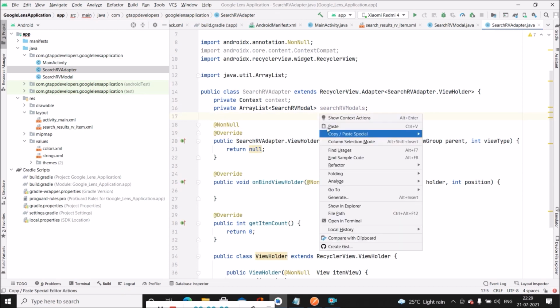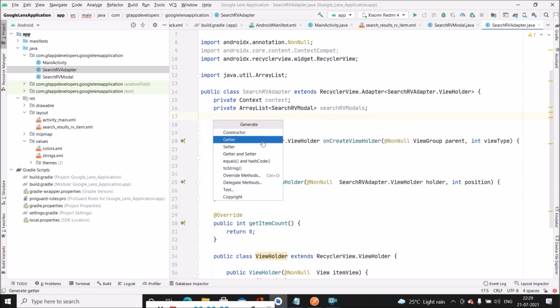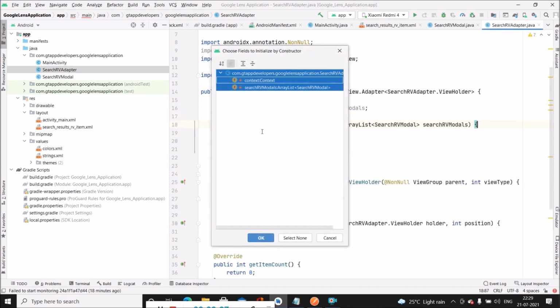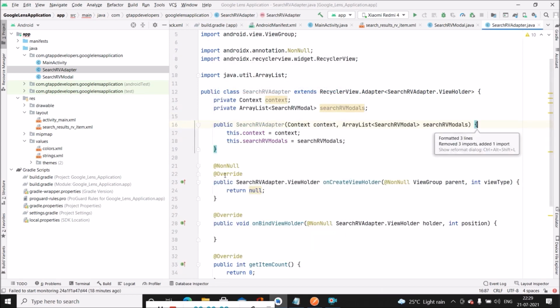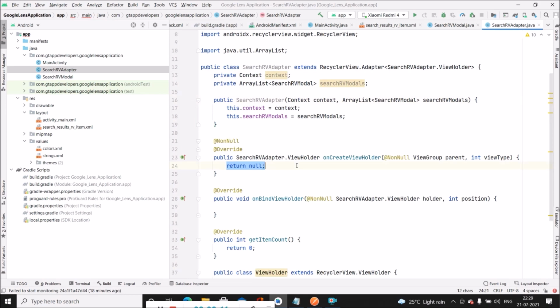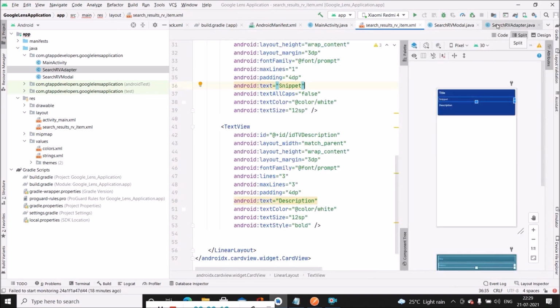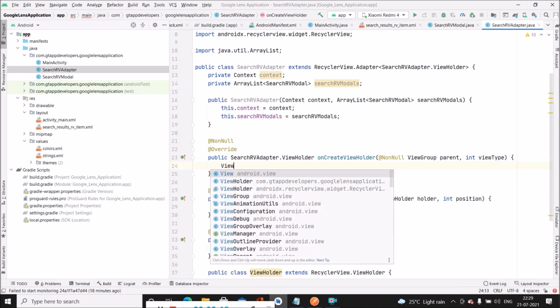So for that we have to again right click, generate constructor and select these two variables, and create the constructor. Now inside this onCreateViewHolder method we have to simply inflate the layout file, that is search results RV item, which we have created. So for that